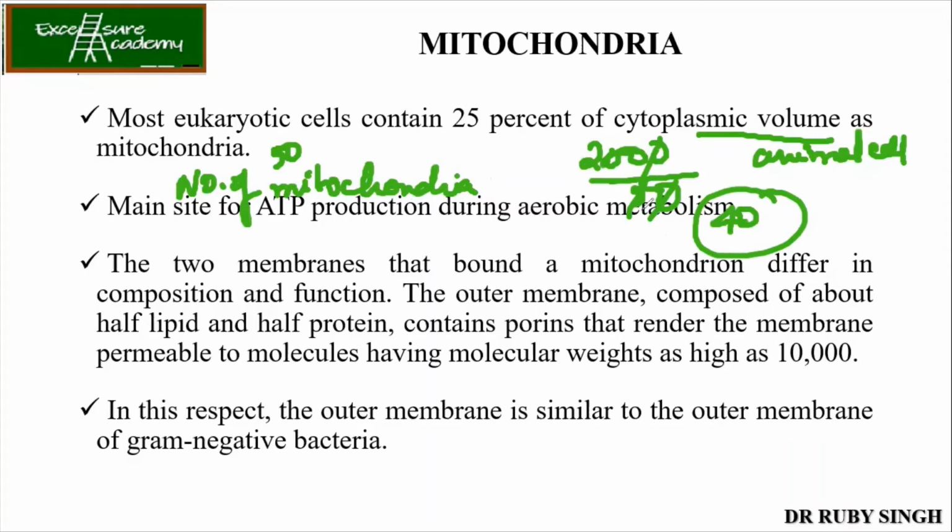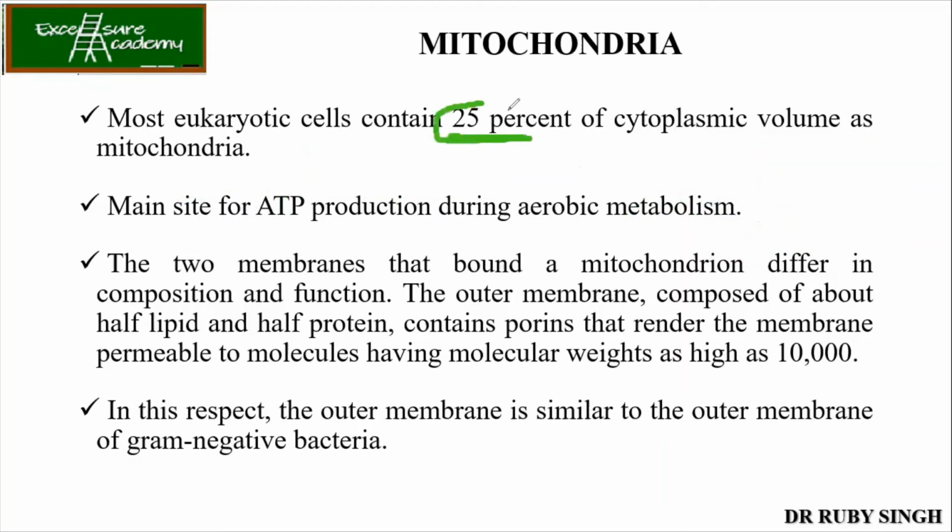But suppose you don't know and you're not sure about the calculations, what you can do is just remember that it constitutes around 25% of the cytoplasmic volume. So whatever the value of the cytoplasmic volume given, just calculate 25% of it. Then you can check the given options and see which one comes nearest to the answer; that will be your correct answer. Are you getting it now? Yes, ma'am. And we know that mitochondria are responsible for your ATP production.